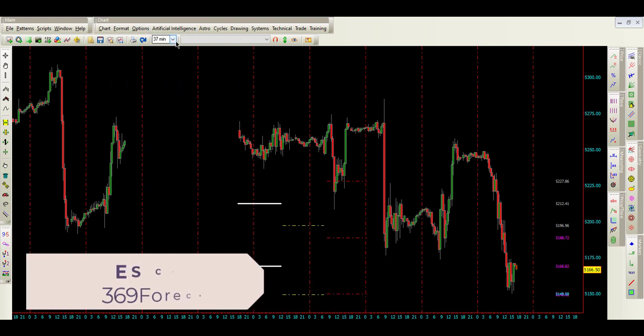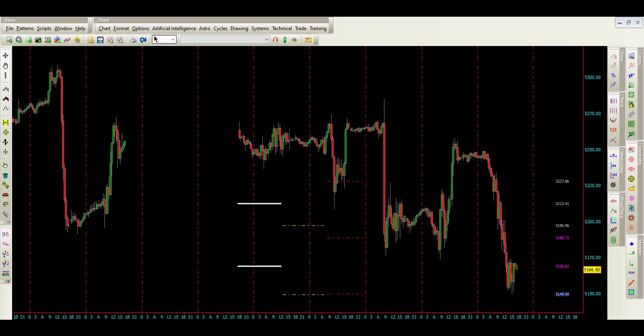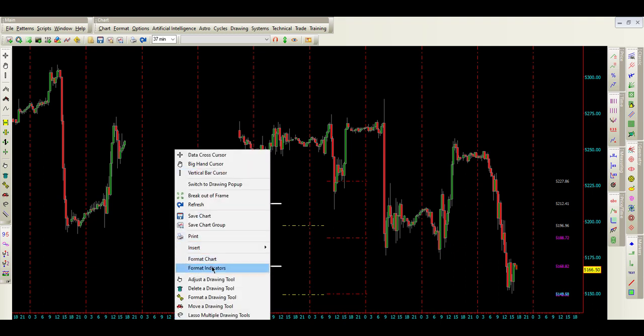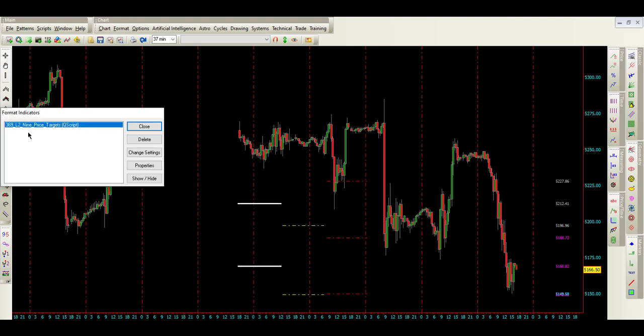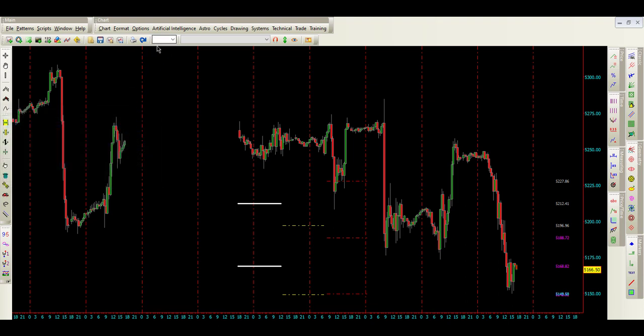This is set up to 37 minutes right here, and we have dropped a tool here from a tool set called 9 price targets. Now this time frame has been chosen because 3 plus 7 is 10. We like to use the frequency of 10 because the cycle resets after 9 numbers. Right now what we have is